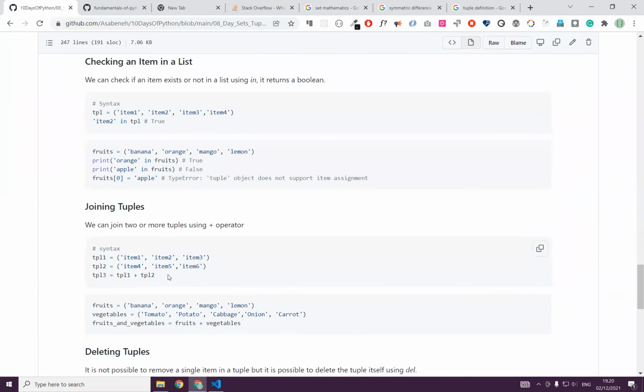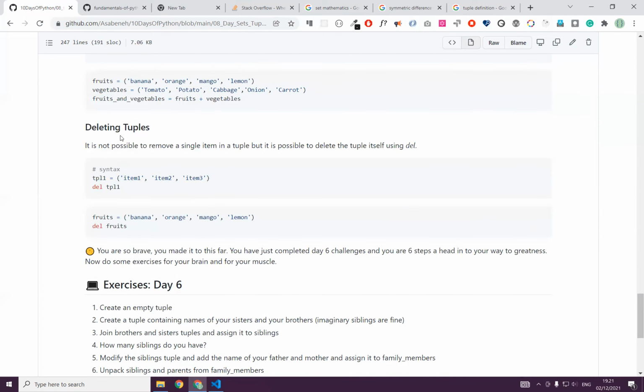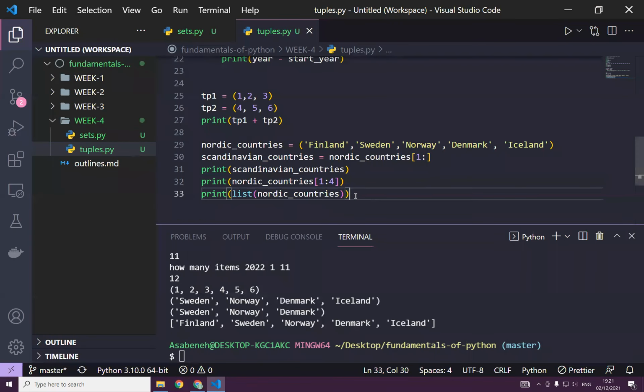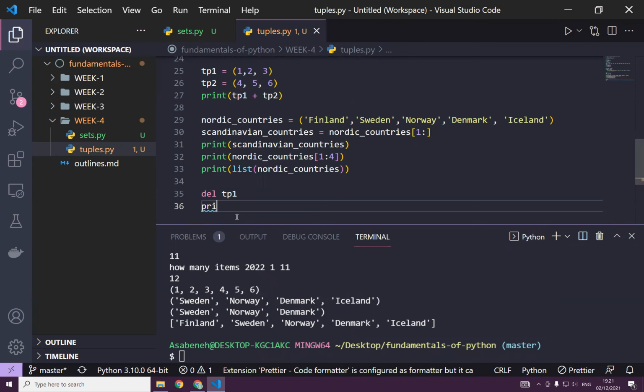Joining two tuples, we have seen that. We use just the plus operator, and yeah. Then actually we can delete not the item, but we can completely delete the tuple. That's possible. And if you say print and delete one of the tuples, for instance, tuple 1, you don't do some kind of operation. We should do it something differently. We do the operation, and let's try